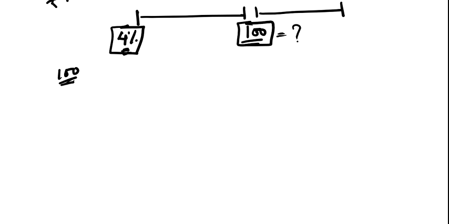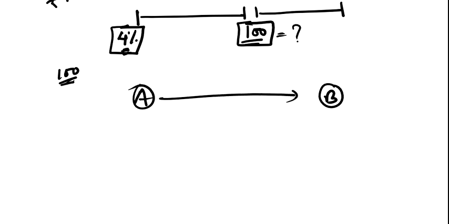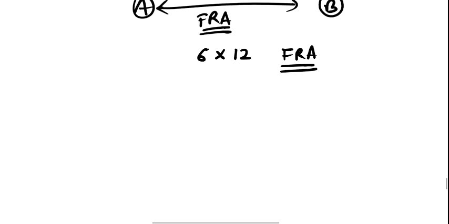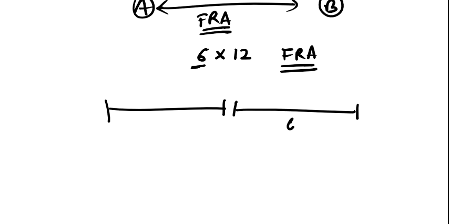So what you do, you enter into a contract between A and B. They entered into a contract and the name of the contract is FRA agreement. A said let's enter into a 6 into 12 FRA. Now what is this 6 into 12? The first 6 months is the period of agreement, and then the next 6 months. So how did we get this next 6 months? We have taken 12 minus 6.